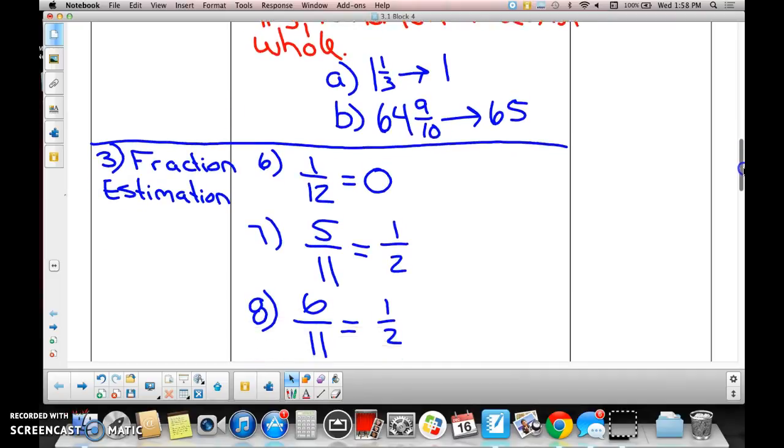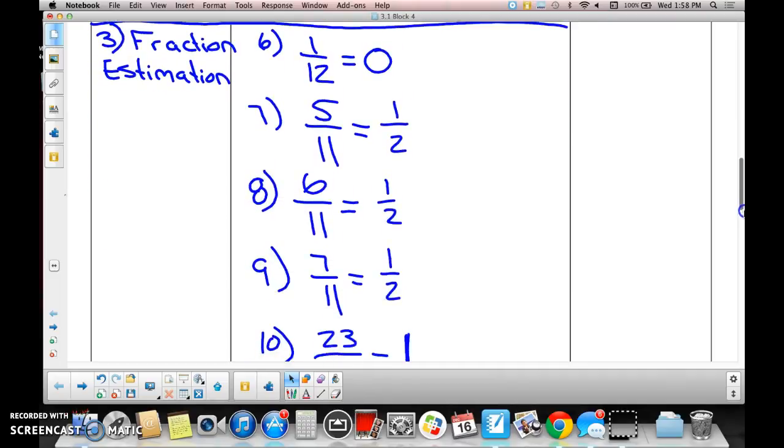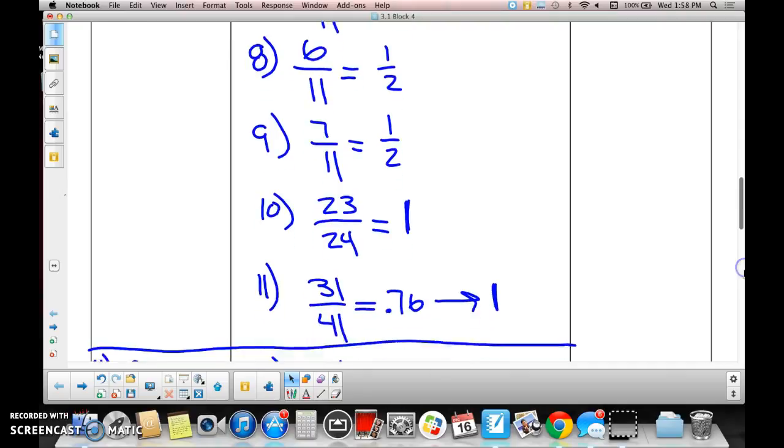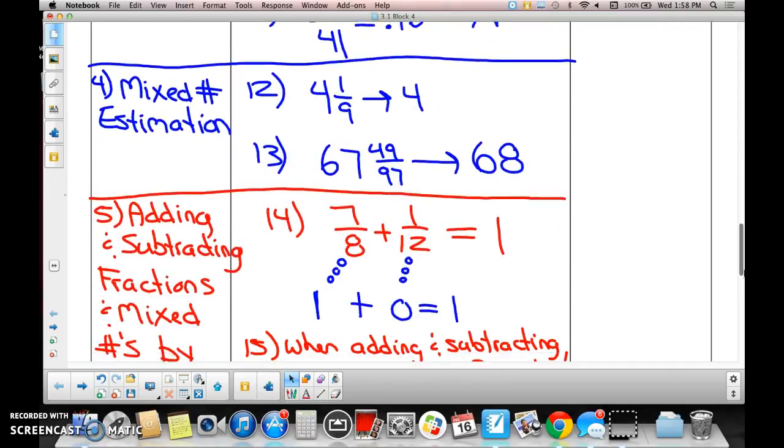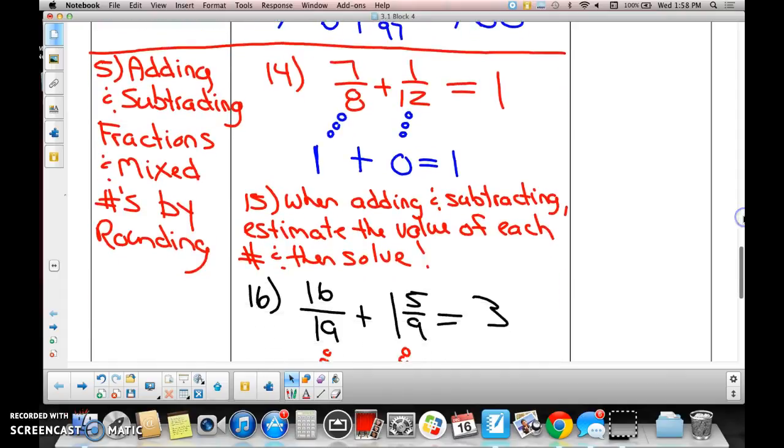Main idea number 3, estimating fractions. A whole bunch of examples. Main idea number 4, estimating mixed numbers. Whole bunch of examples. Adding and subtracting fractions. These little guys right here